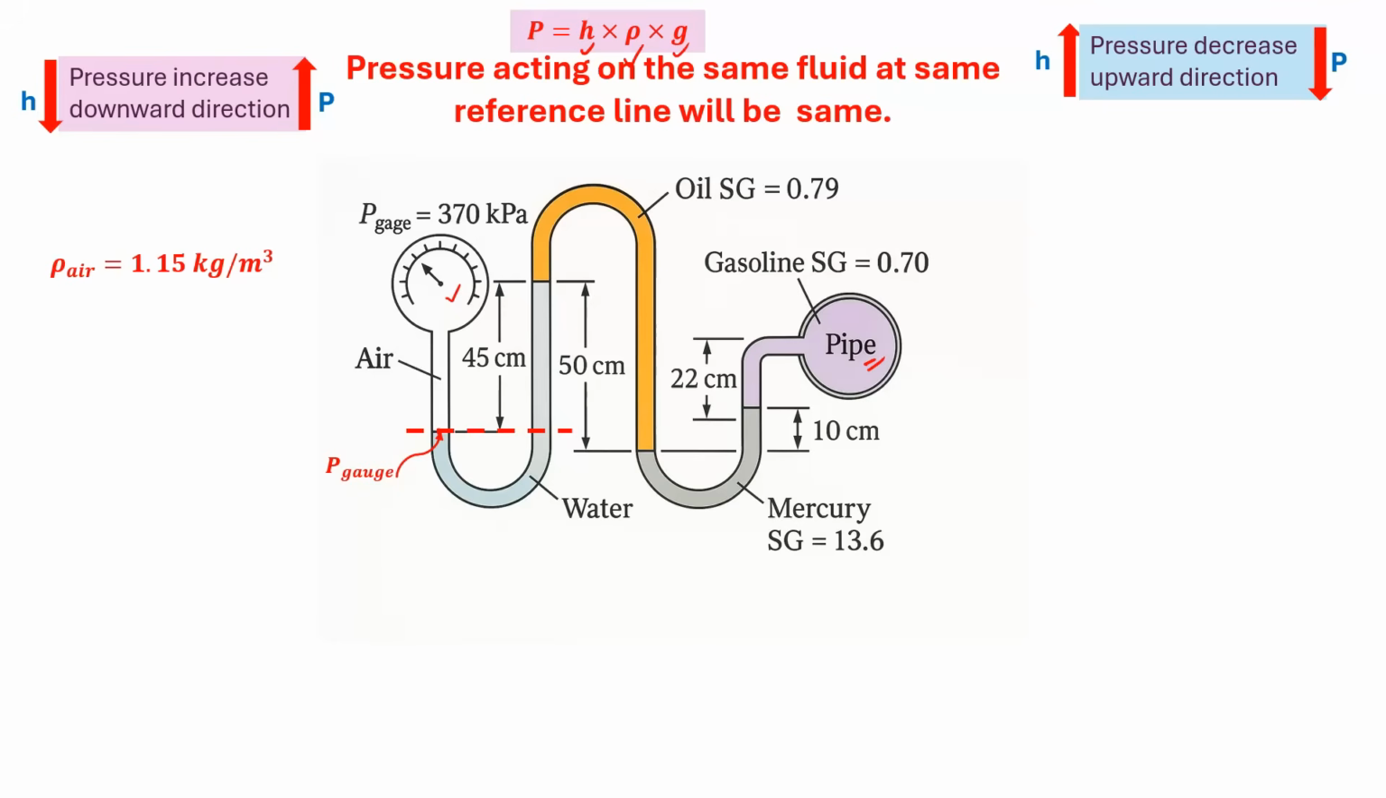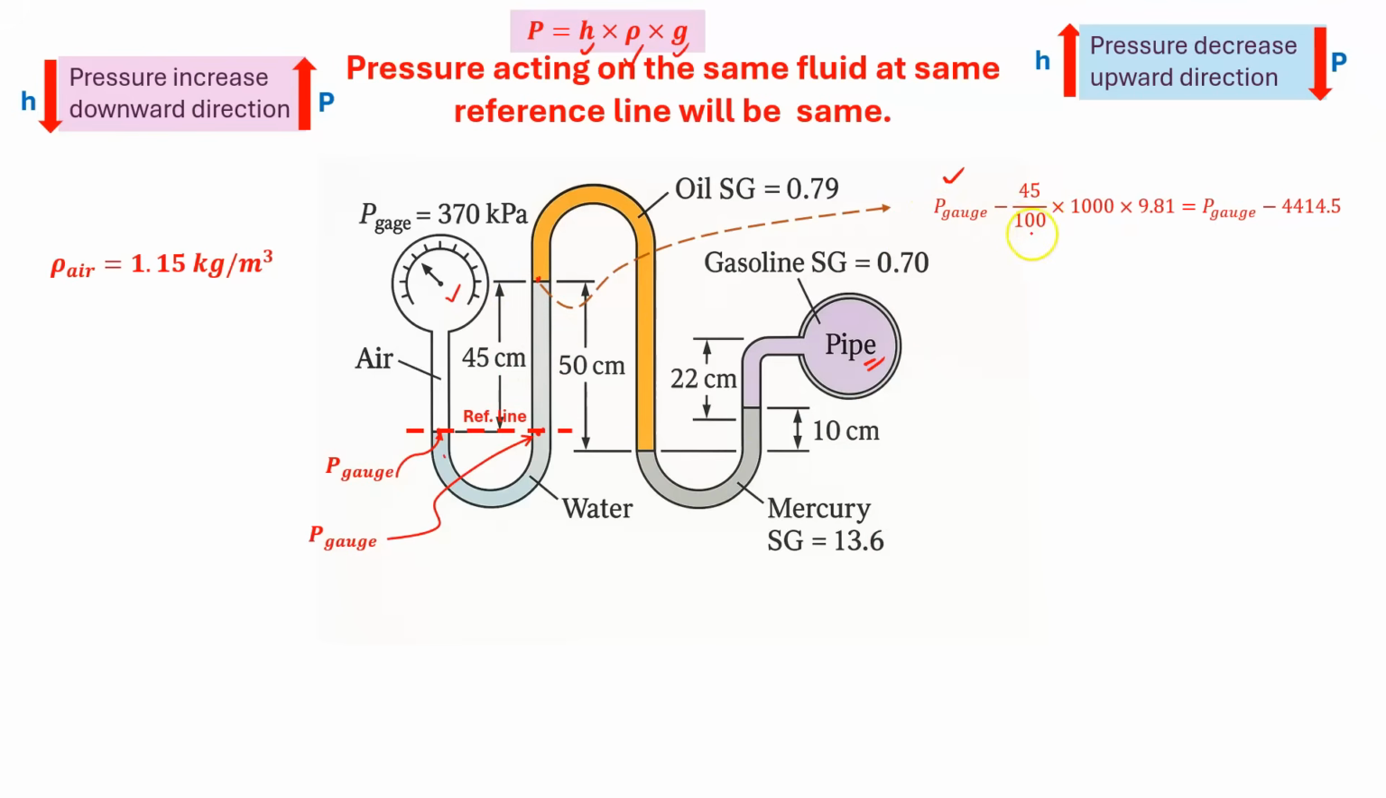Now if you see here, at the bottom there is water. Since both sides of the U-tube share the same fluid at the same reference level, the pressure at this point will also be the same. Whatever the pressure here, the same pressure will be here. Now if we move upward from this level to this level, the pressure will decrease. So at this point, the pressure will be P gauge minus this height,